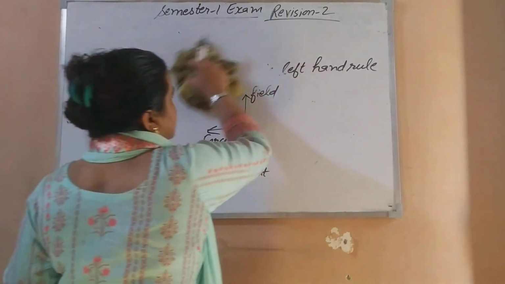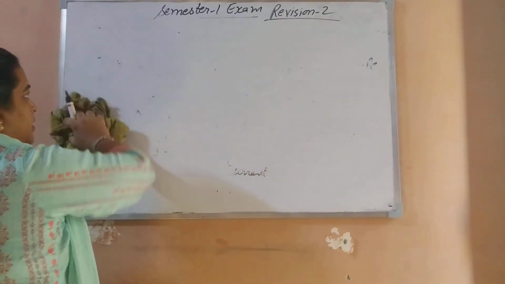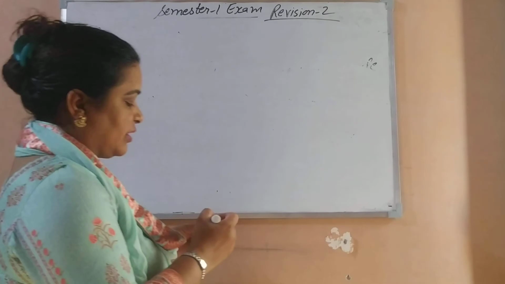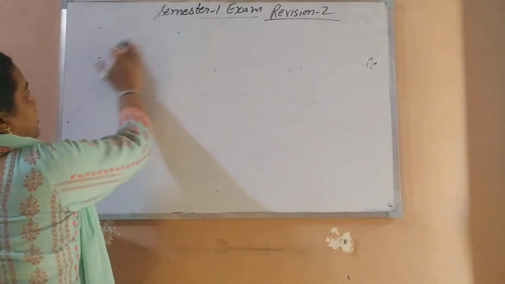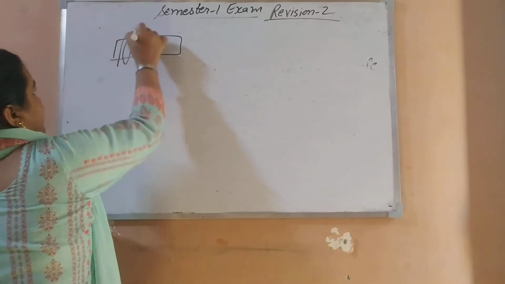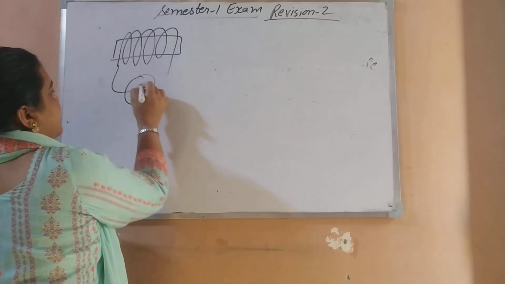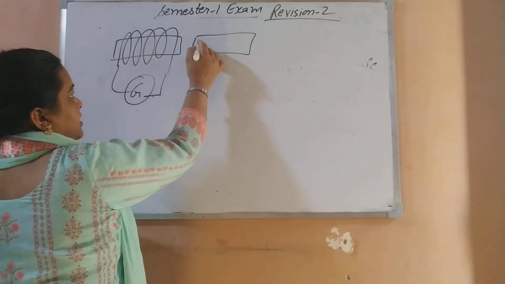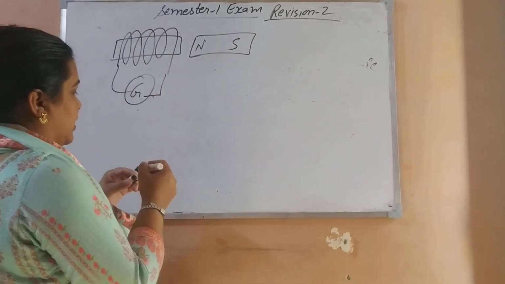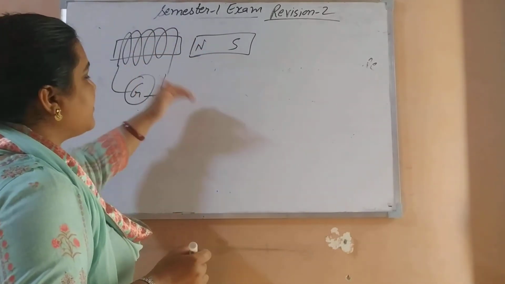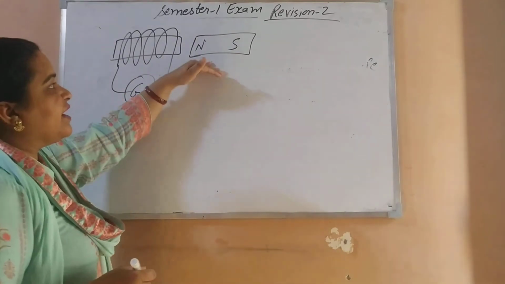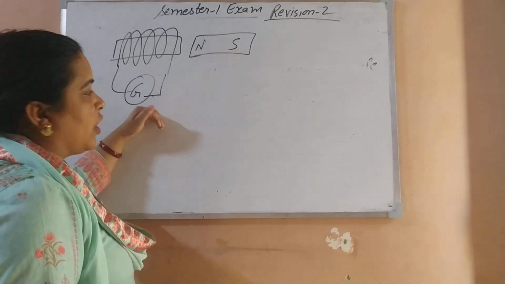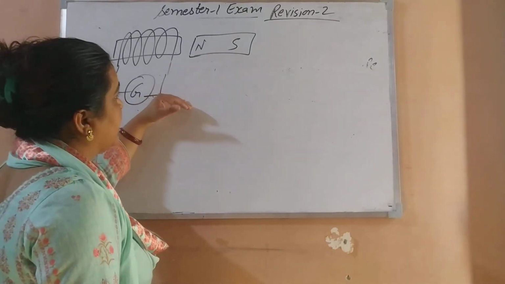Now the last question is, can we induce current also? Yes. Say we have a coil, stationary and connected to a galvanometer, and you bring a bar magnet towards it, in motion, and insert it into the coil. When you insert the magnet, there is a deflection in the needle. That shows that whenever there is relative motion between coil and magnet, current is induced in the coil. This phenomenon is known as electromagnetic induction.